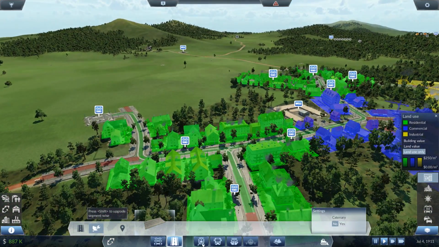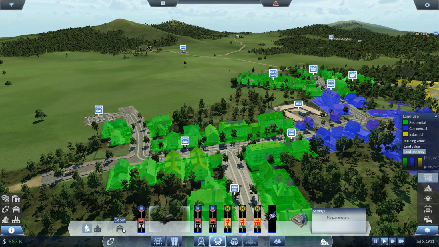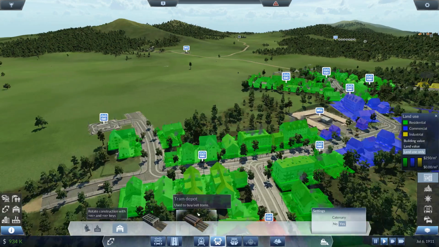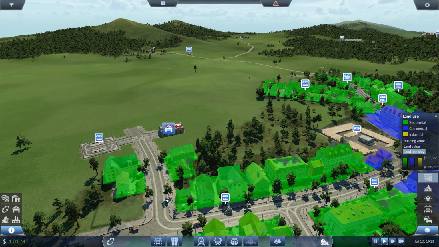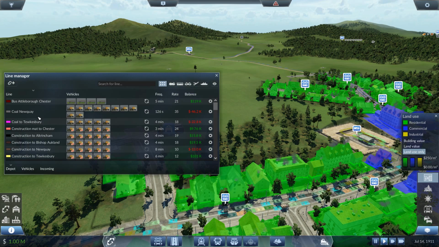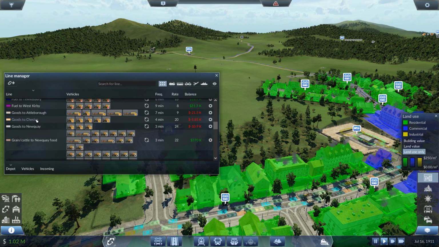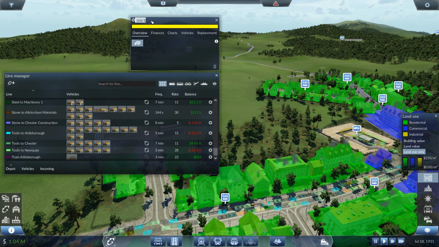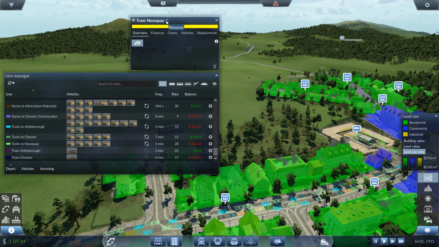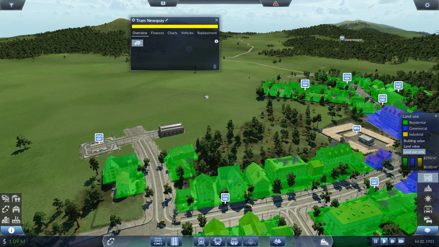Okay, so the last thing to do is build a depot for trams. Tram depot, and let's pop this across the road from the actual bus station. It's got catenary on it. Yeah, whatever. Route. Set up a route, please. New route. And this is going to be Newquay Tram. I think Tram Newquay, is that what we're calling them? Yeah. Tram Newquay it's going to be called. Oh, a lovely yellow line. Tram Newquay. And we're going to need to put...